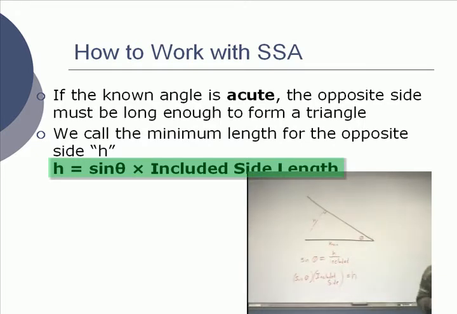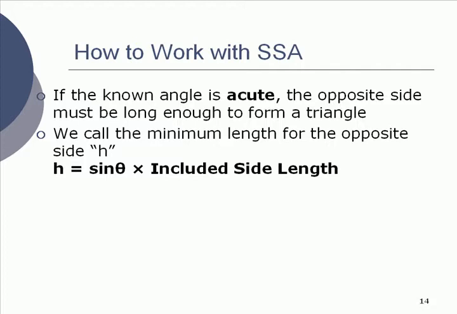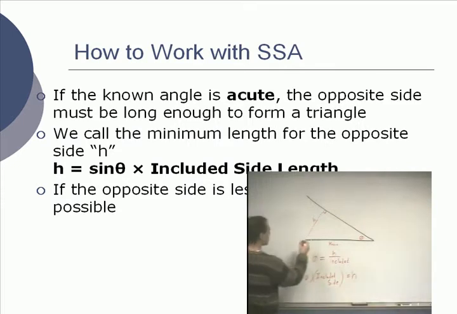So if we have the side-side-angle case, the first thing you need to check, if it's an acute angle that we know, is can we form a triangle? We'll see an example of that in a minute, but we'll finish out the scenarios here. If the opposite side over here is shorter than h,